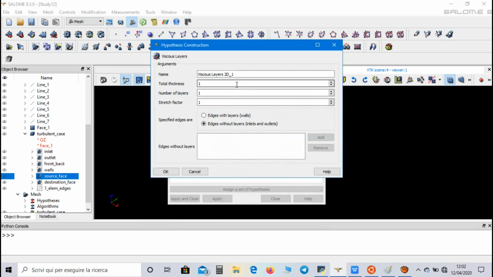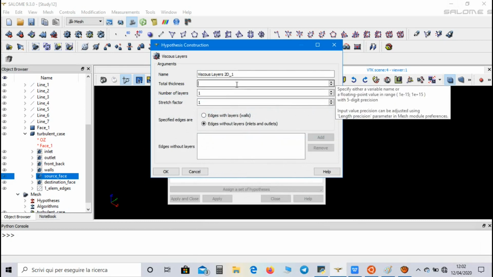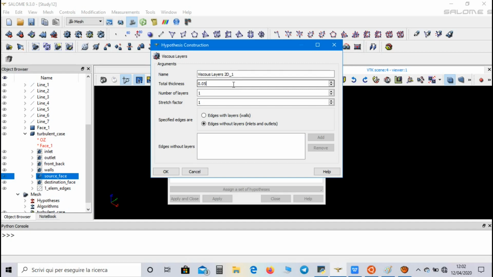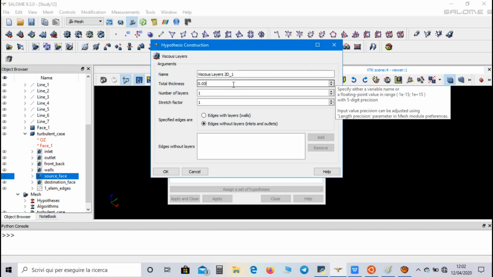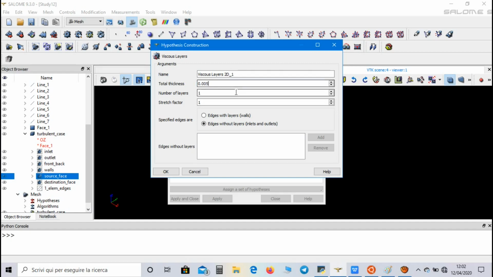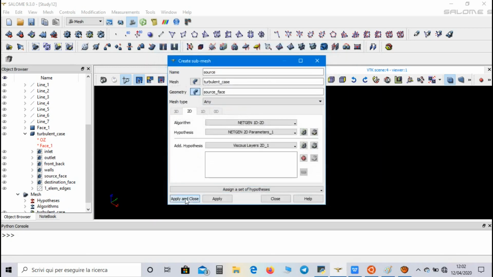So the total thickness is for example 0.005. We can set 10 as a number of layers and 1.1 as a stretch factor. Click on OK, apply and close,